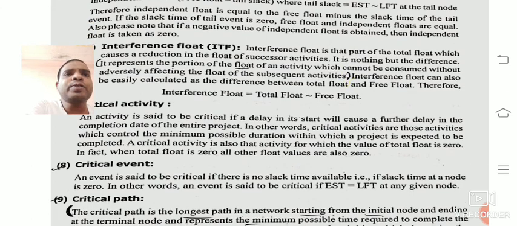A critical event is one where there is no slack time available. The slack of an event is zero if EST equals LFT at the given node.